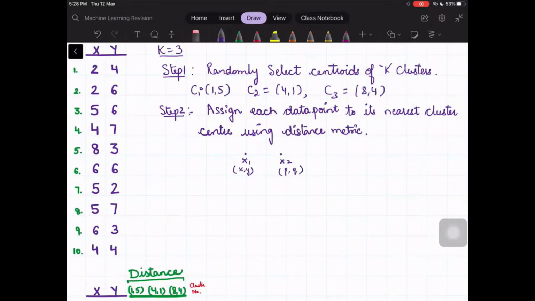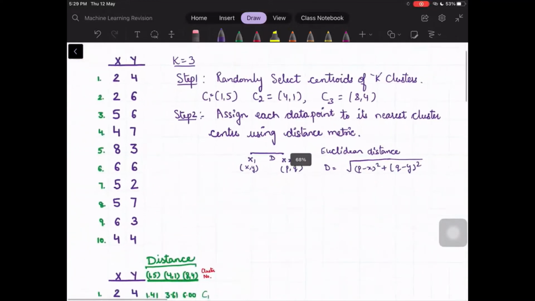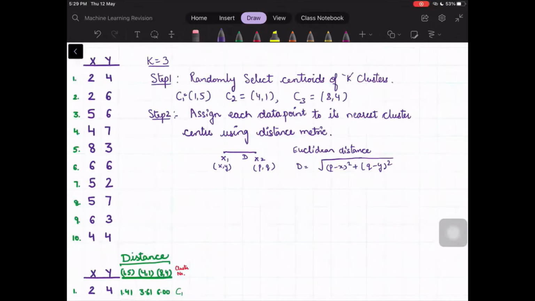So if I am finding out the distance between these two using the Euclidean formula, the distance d is equal to the square root of p minus x whole square, then I'm adding the q minus y whole square. So using this, I will be calculating the distance between the centroid and each of the data points,